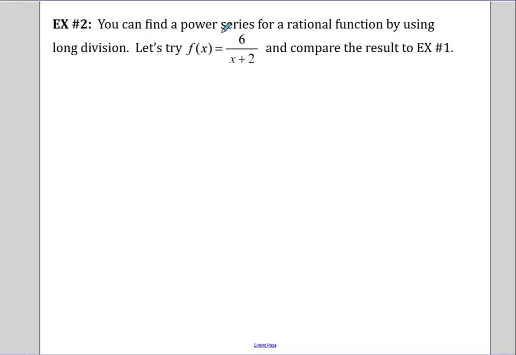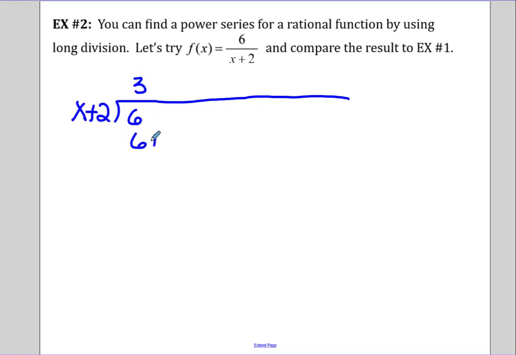Another interesting fact is you can find a power series for a rational function by using long division. So if we use example 1 and compare that, dividing x plus 2 into the numerator, 2 divides 6 3 times, and 3x plus 6, subtracting that product would give us negative 3x. And x divides negative 3x negative 3 over 2 times, and negative 3 over 2 times x would give us